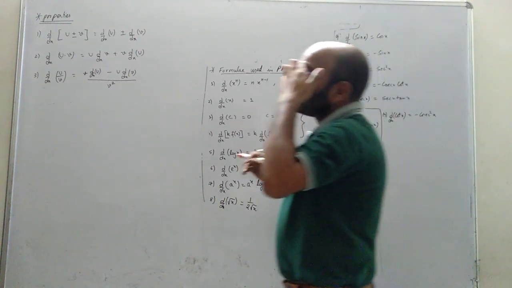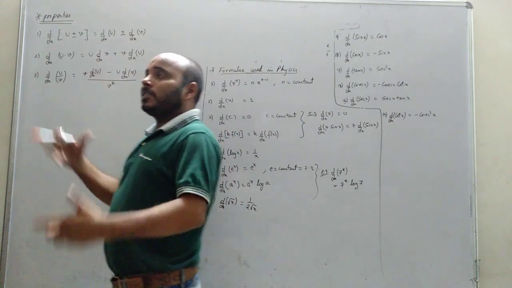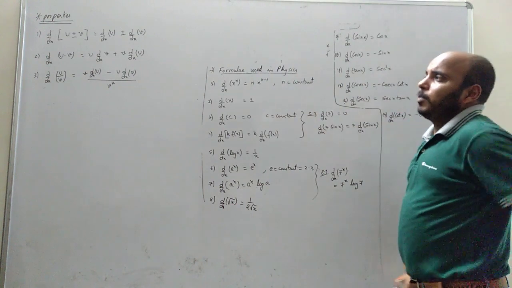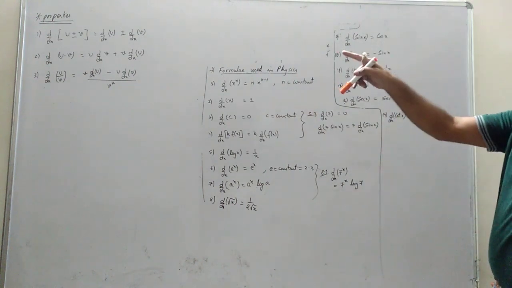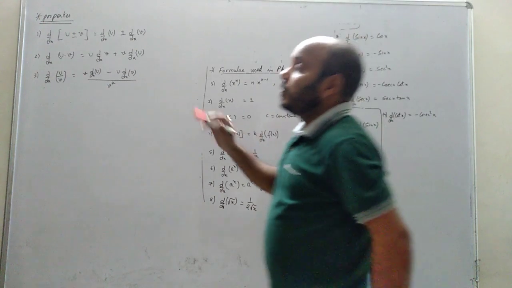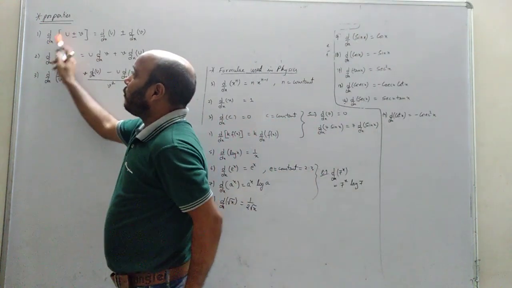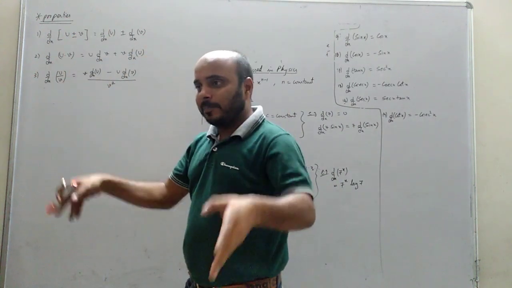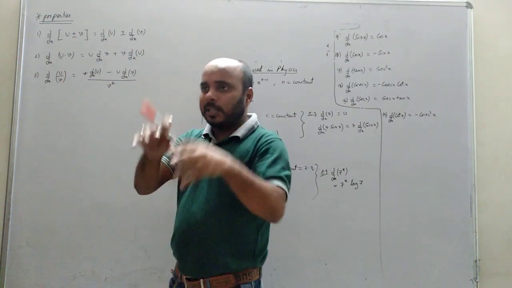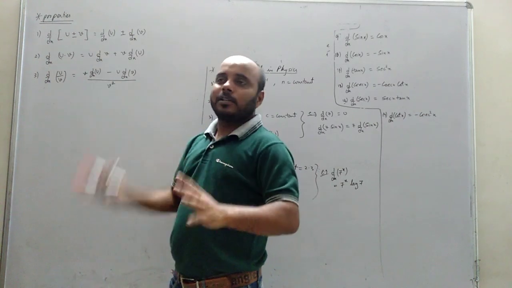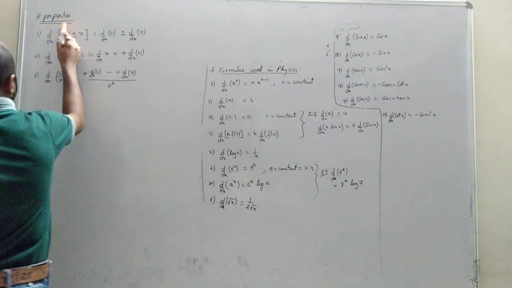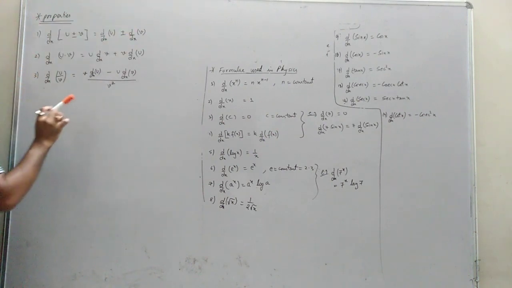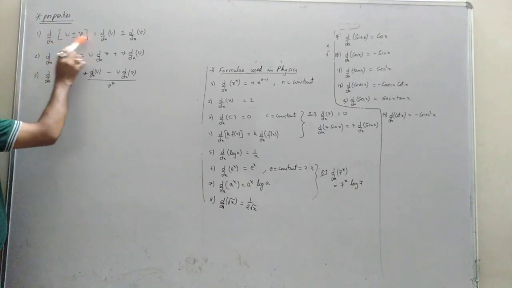Now we also have to understand a few properties when we start solving differentiation. What does the first property say? You don't have to read it like this; you have to read it in a different way. d/dx of something plus or minus something. Whenever we have inside d/dx a plus form, or plus minus form, or minus minus form, d/dx is segregating to each and every term.